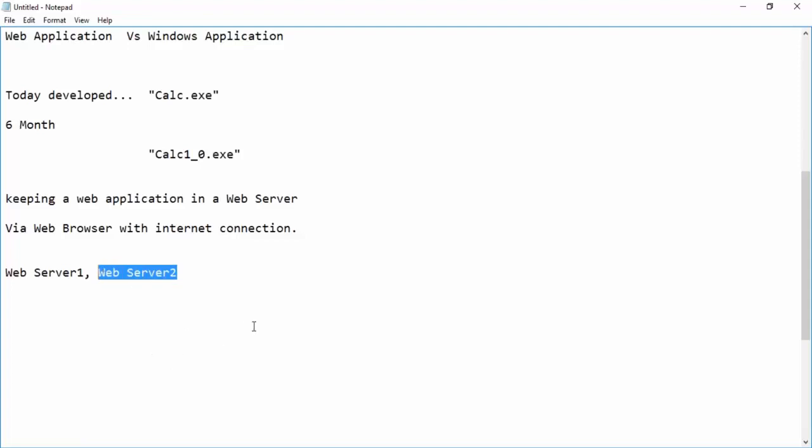After they feel that everything is working fine, then they will connect you to web server 2. That time immediately they can see the new features. Once they log off and log in, they can see the new features. So that way the maintenance is very comfortable and user friendly for customers with this web application.